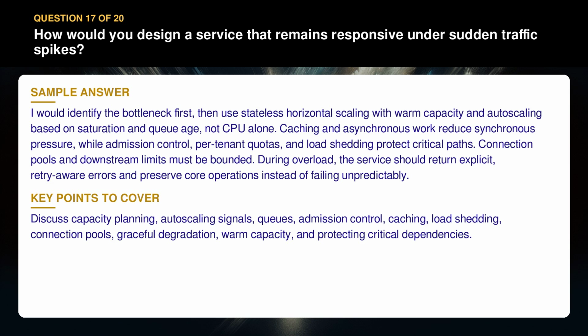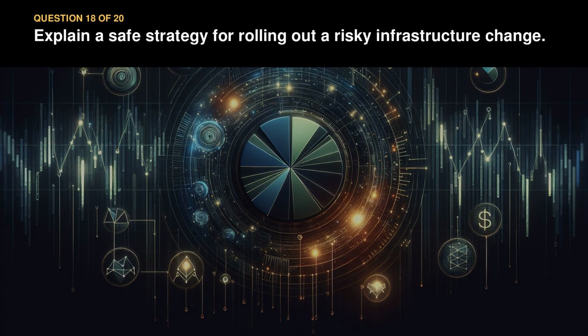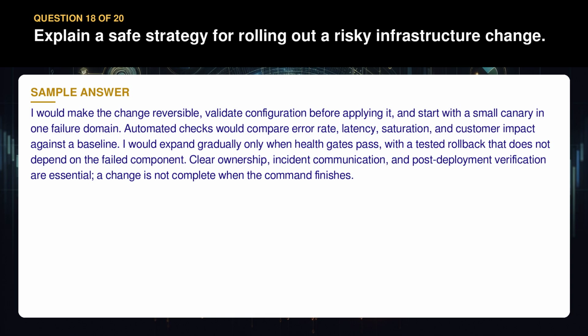dependencies. Question 18. Explain a safe strategy for rolling out a risky infrastructure change. I would make the change reversible, validate configuration before applying it, and start with a small canary in one failure domain. Automated checks would compare error rate, latency, saturation, and customer impact against a baseline. I would expand gradually only when health gates pass, with a tested rollback that does not depend on the failed